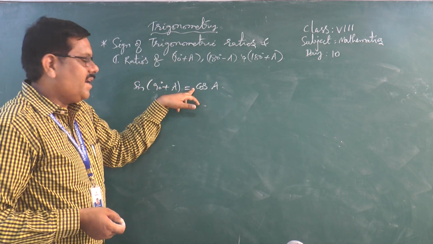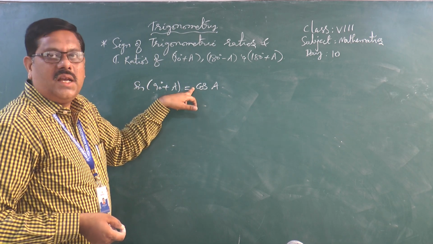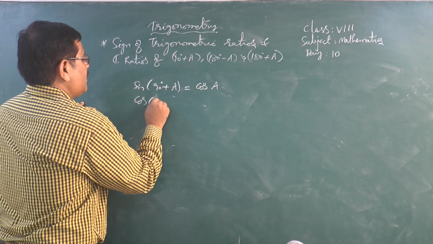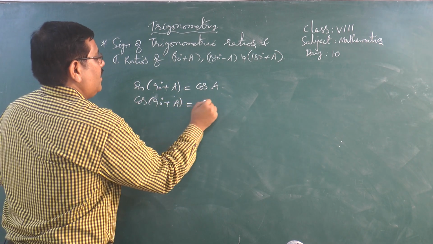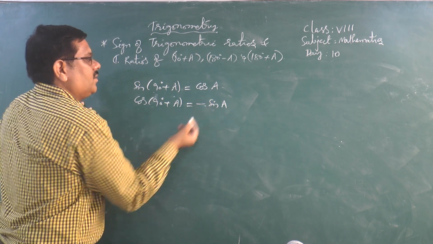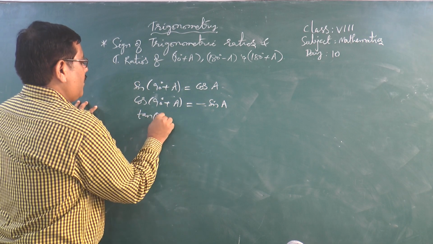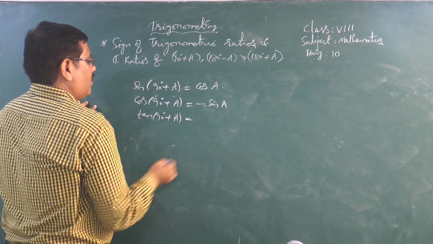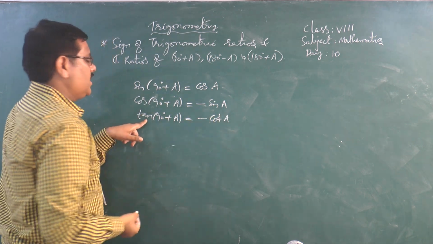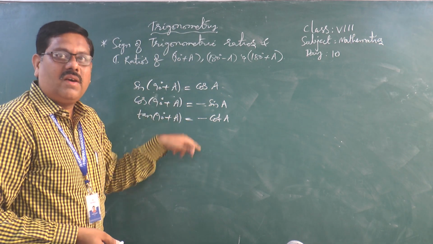For writing the function, we have to see whether n is even or odd. For writing the sign, we have to see the sign of the trigonometric ratio. Next, if you take cos of 90 degrees plus a, as per the rule, if n is odd we get sine a, but according to the sign of the trigonometric ratio, the result is minus. Next, we have tan of 90 degrees plus a, which is cot a. What about the sign? Minus, because tan is not positive in the second quadrant. In the second quadrant only sine and cosecant are positive, the rest of the values are minus.